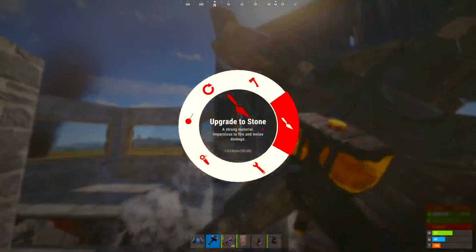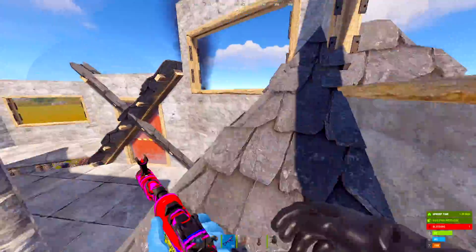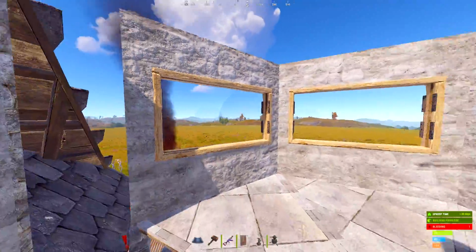And then a single door, just like that, to finish it all up. This is what the entire shooting floor should look like from an above angle. Now, before you place any embrasures or any roofs on top of here, we're going to want to go through